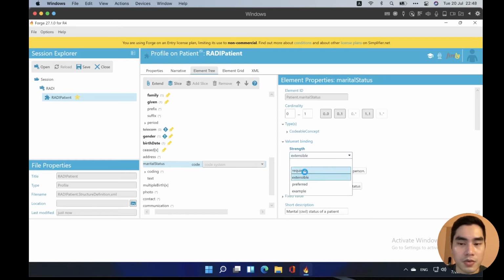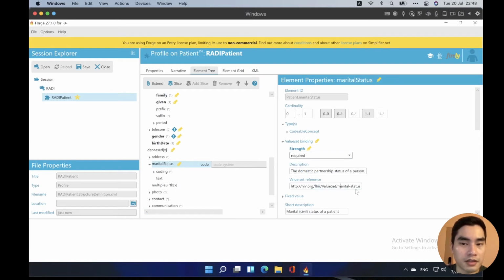I will change it to required. I can even change the value set reference if I want, but it must not conflict with the base resource that I am constraining.